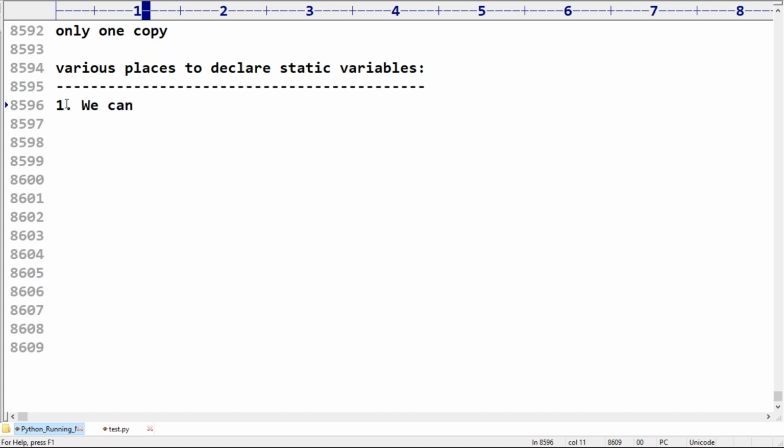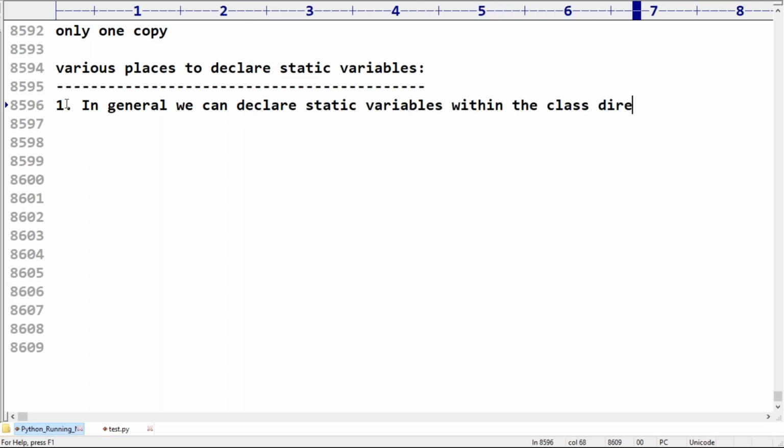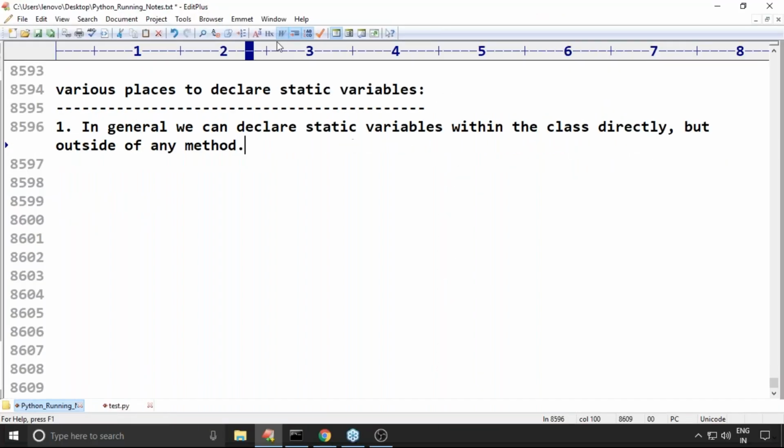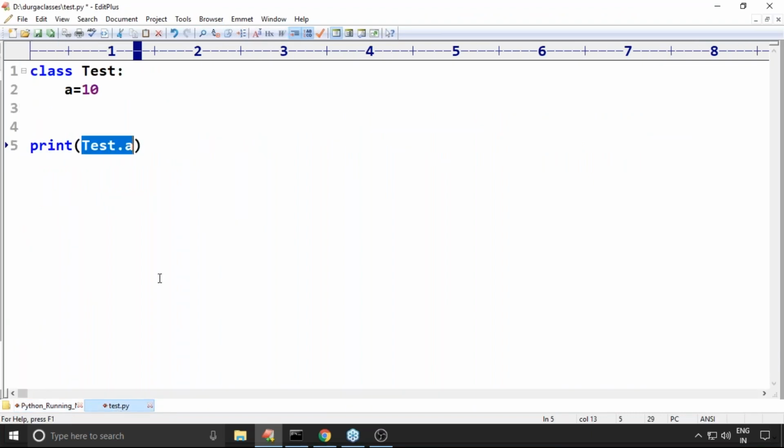But generally, in general, we declare static variables within the class directly but outside of any method. Have you remembered? I showed this example already. So this is the best place to declare a static variable, friends.